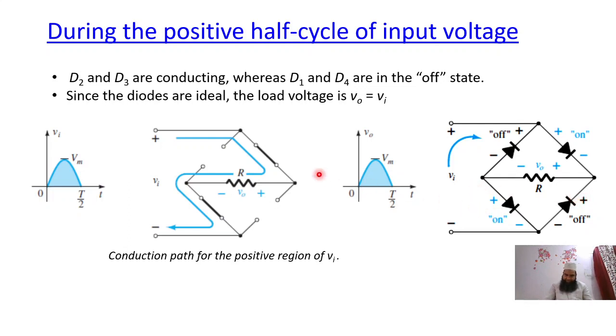In this figure we can say when the positive half cycle is applied, this diode and this diode will be forward bias. It is treated as a short circuit, and the diode,